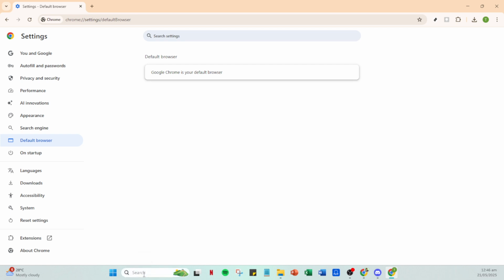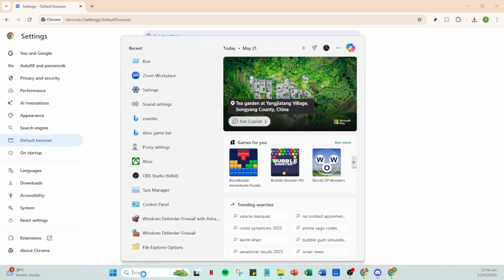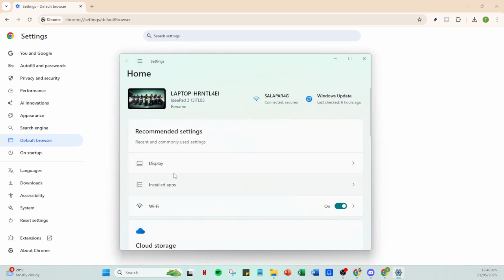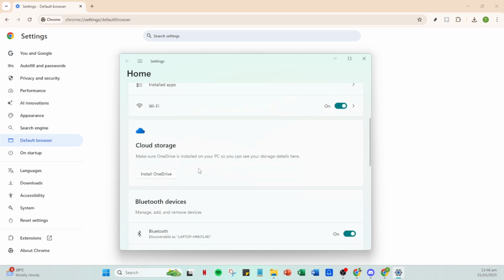Now, let's address a scenario where this option is grayed out, or where Chrome still isn't acting as your default after checking in the browser. This typically means you might need to adjust settings at the device level. To do this, open your device's settings app. The exact steps might vary slightly depending on whether you're on Windows, Mac, or another operating system, but the general